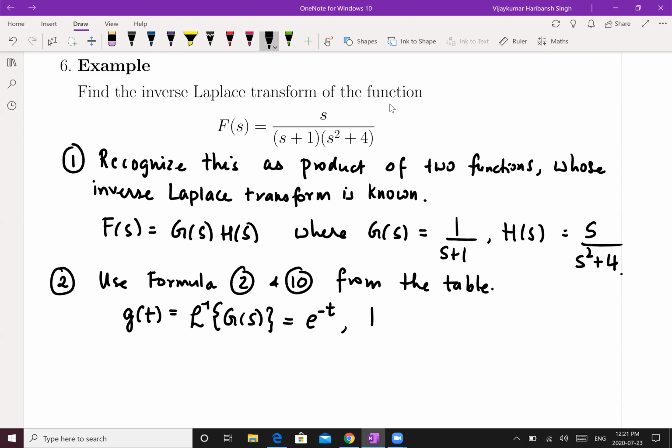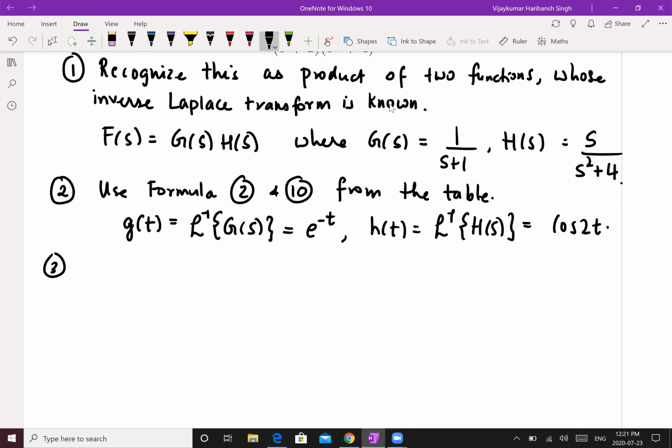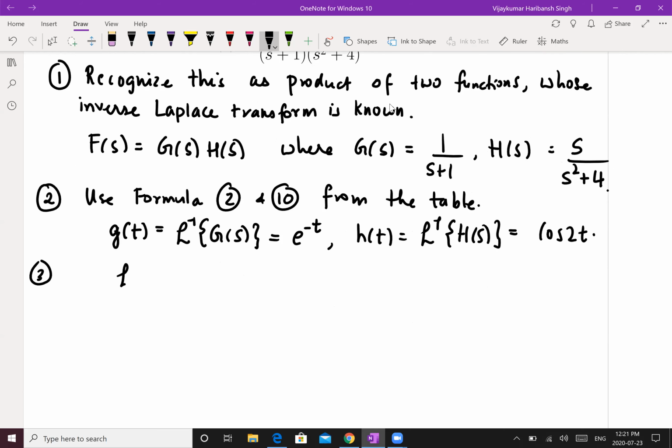And h of t is the Laplace inverse of h of s, and that is going to be cos of 2t. So now third, we need to compute. What is the Laplace inverse of f? So the Laplace inverse of f of s is simply f of t,